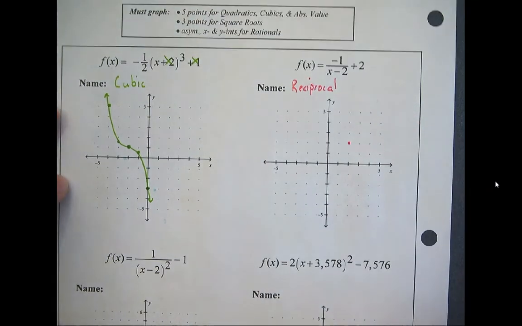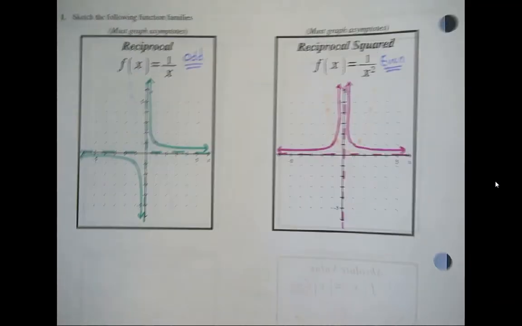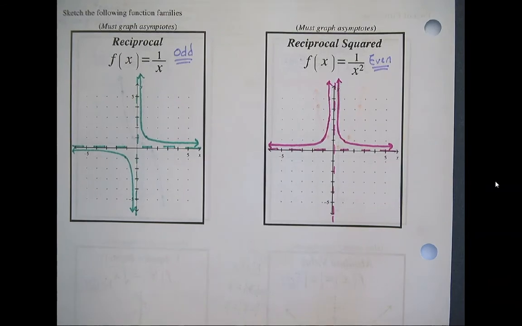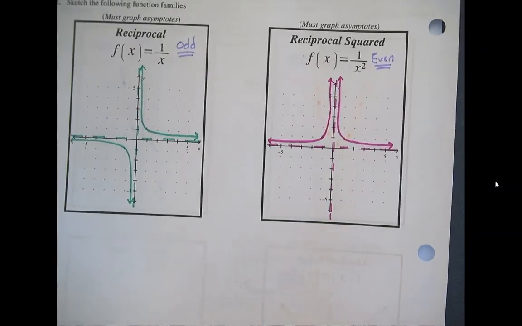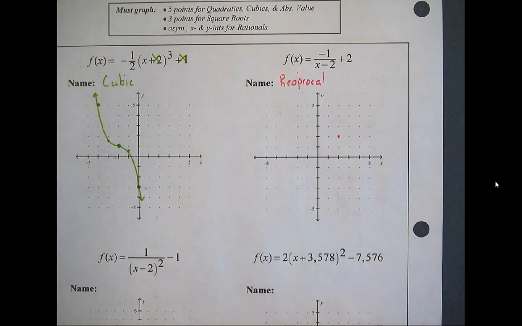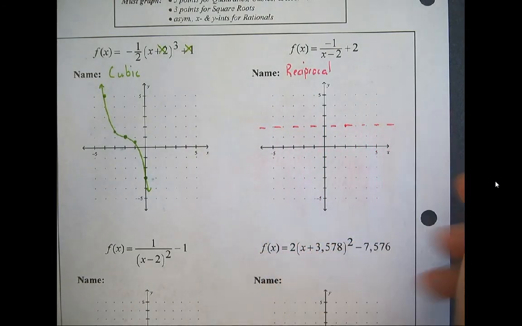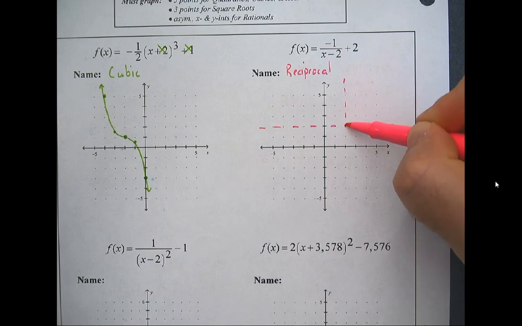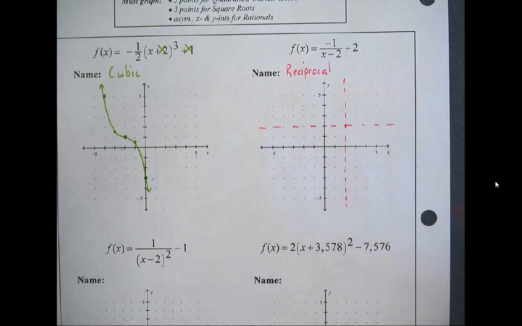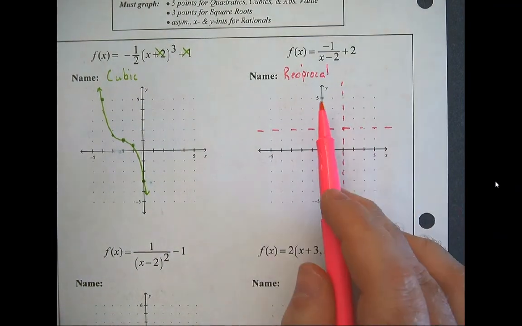And it doesn't really matter at this point because in both of these scenarios where there's an x on the bottom, we have a horizontal and a vertical asymptote through 0, 0. So my new 0, 0 is up here. That means my horizontal and vertical asymptotes are also going to be there. Okay, the reciprocal family,